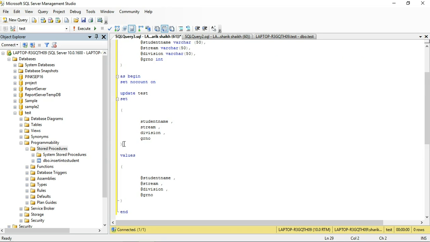Remove this bracket. Remove the values and change and to a comma. Do the changes that I am doing to create an update procedure.